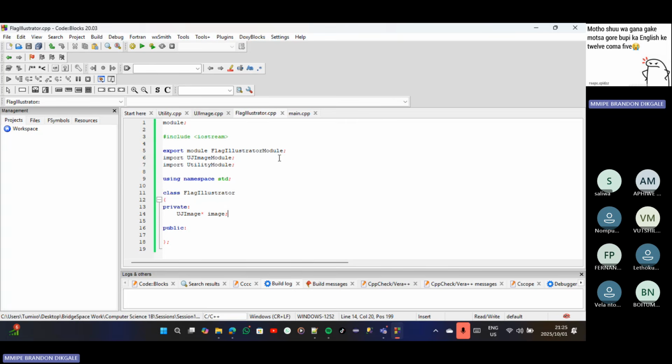Wait, can you be like line 11, sir. Yeah, I have to export it in my flag illustrator module. Yeah, so I forgot to